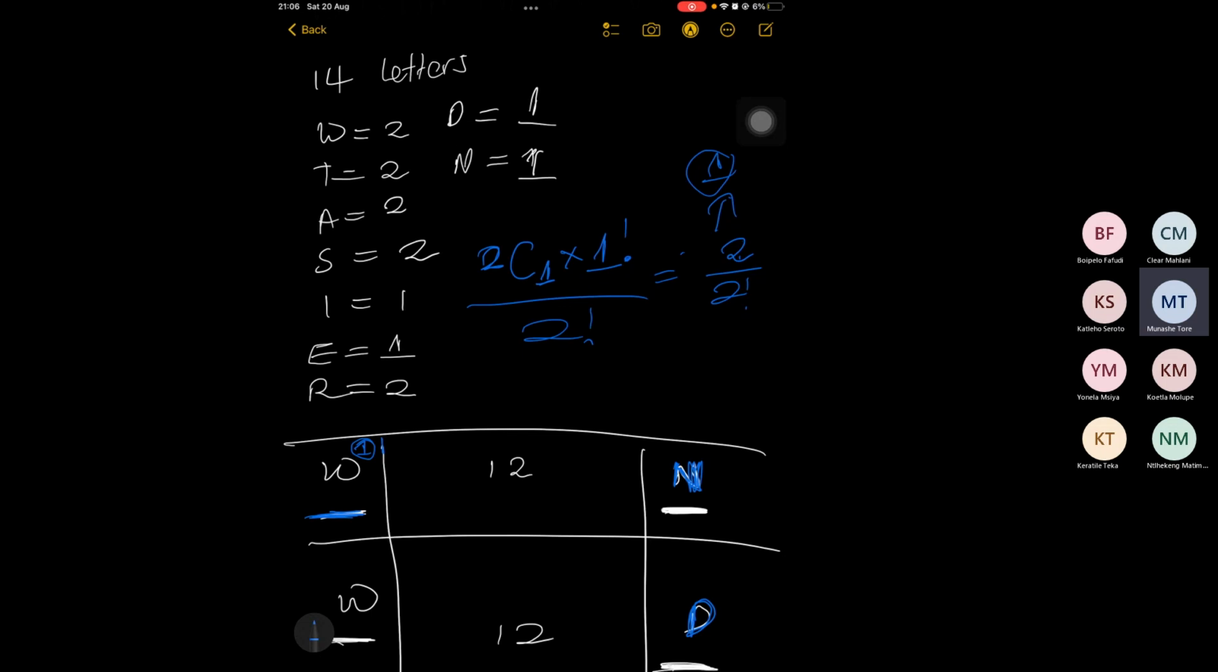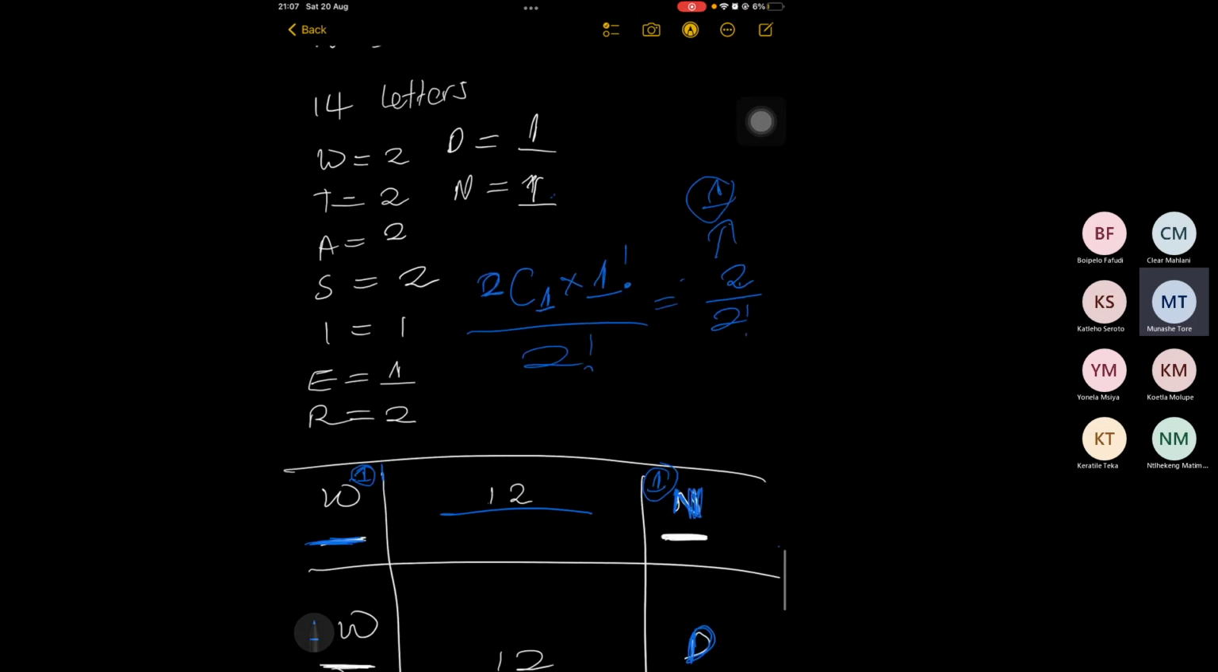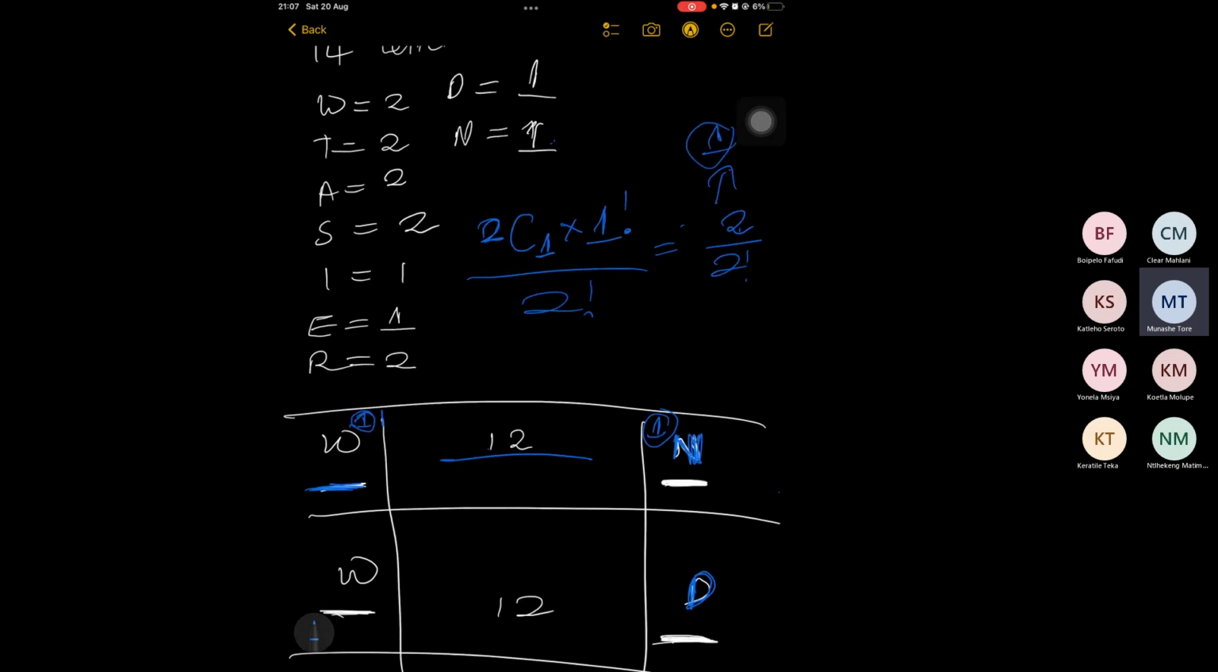Then for the last one, you say it with an N. So with an N, we already have 1 N. So 1 choose 1 divided by 1 factorial is going to be 1 also. So it's going to be 1 times 1, then times 12 divided by... But amongst these 12 now, we also have these repetitions. We know that W is said to repeat twice, but we already took out 1 W for the first letter. So we only have 1 W. So it's going to be 1 factorial for W, then 2 factorial for T, 2 factorial for A, 2 factorial